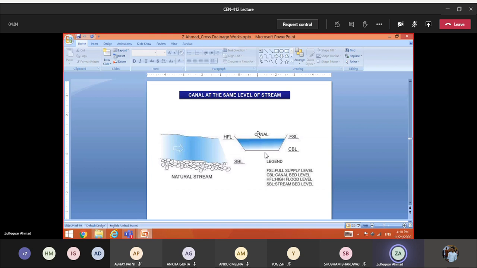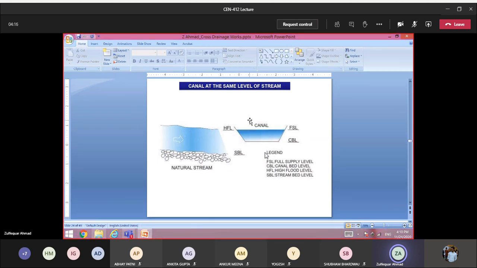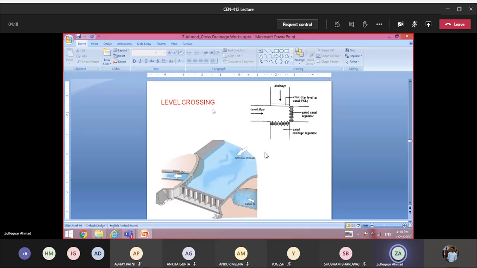Once that is at the same level, you have the level crossing at Dhanauri, which is about 8 km from here. You can see the level crossing there. Once you return back to campus, you can see that level crossing. So in the level crossing, virtually you have to have regulators. Okay, you can see in this